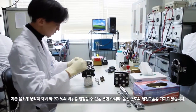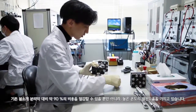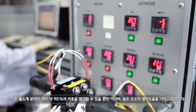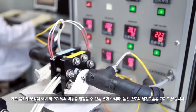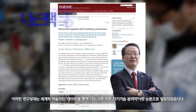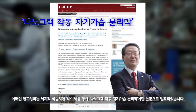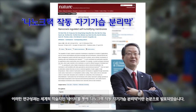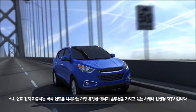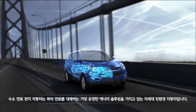Not only does this new design reduce costs by approximately 90%, it also enhances conductivity at high temperatures compared to existing sulfonated fluoropolymer membranes. The research paper entitled Nanocrack Regulated Self-Humidifying Membranes has been published in the UK journal Nature on April 28, 2016. In humanity's search for alternative resources to fossil fuels, hydrogen fuel cell vehicles are one of